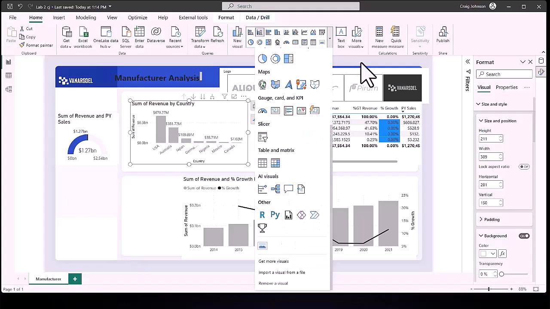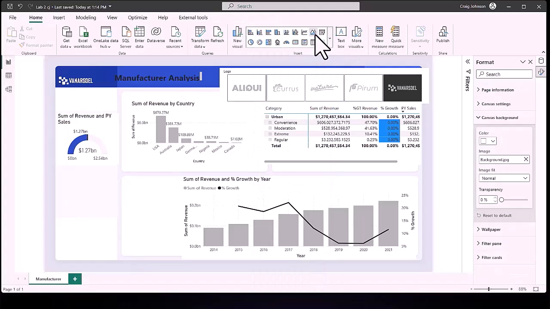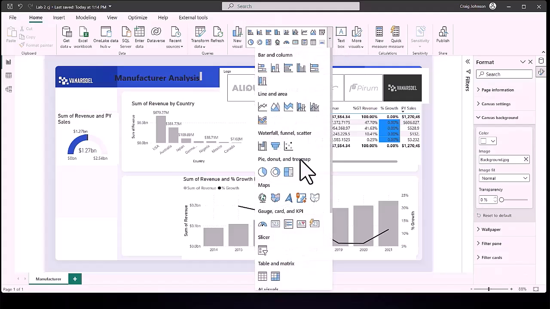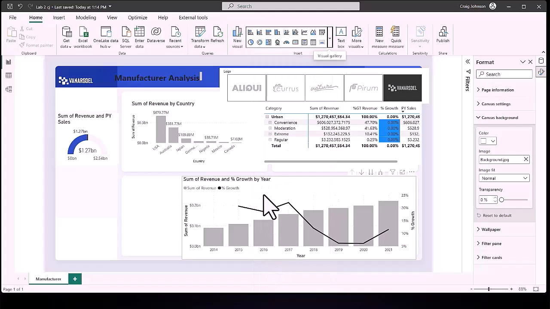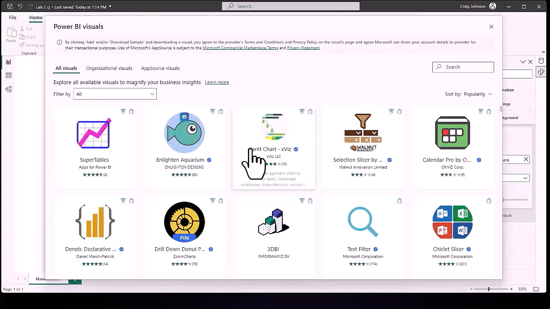In addition to the visuals that are built into the data visual gallery, you can get visuals and add visuals. And inside the dashboard in a day materials is a visual. So we're going to get the Get More Visuals button. And that's going to bring up the option, and it's going to be called the play axis. So we're going to search for play axis,